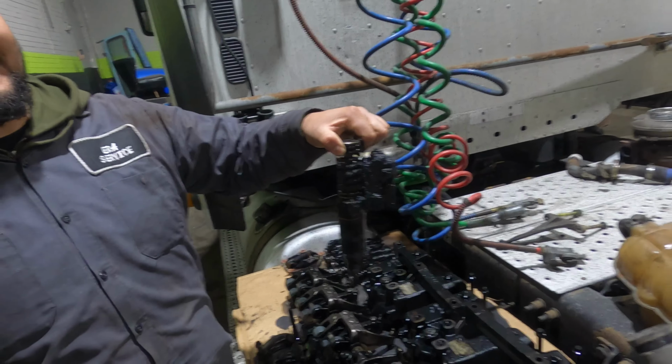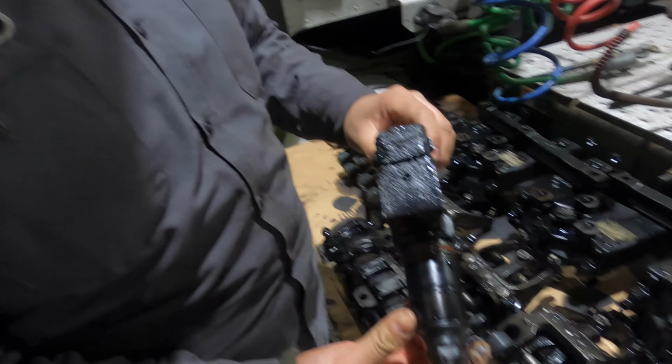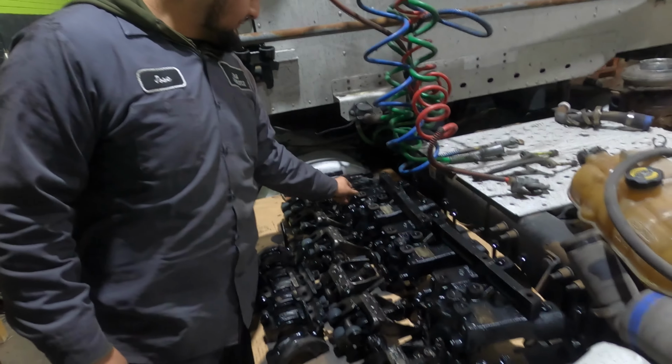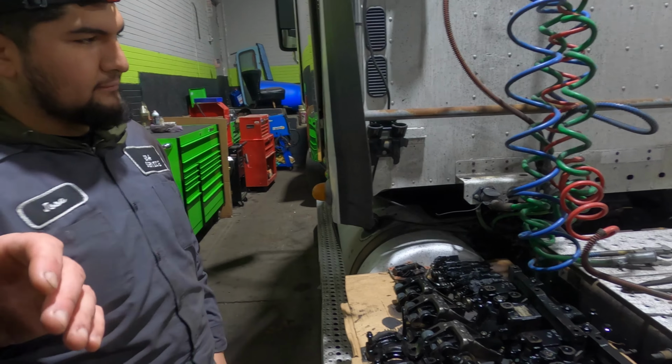What's wrong with that? What we thought was an injector. Yeah, because it was smoking like crazy and it had a bad miss. Look at all that soot right here. So take us back a little bit to what happened. We had a lot of smoke on startup, and we were...